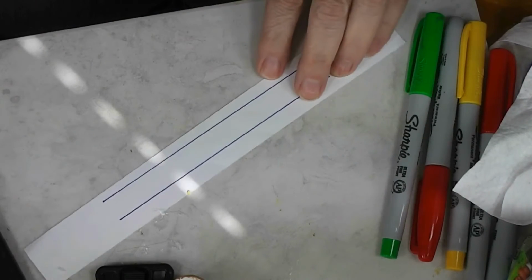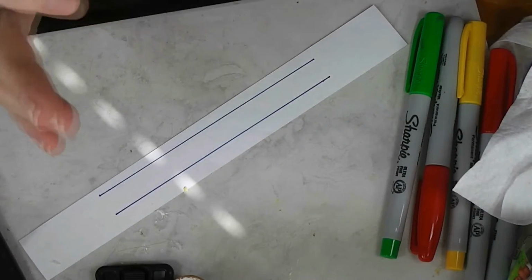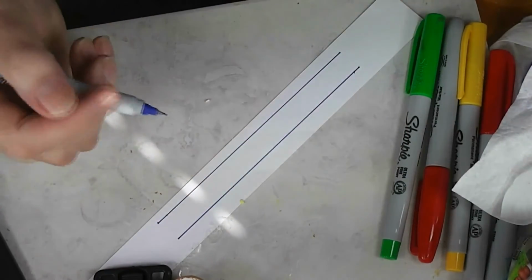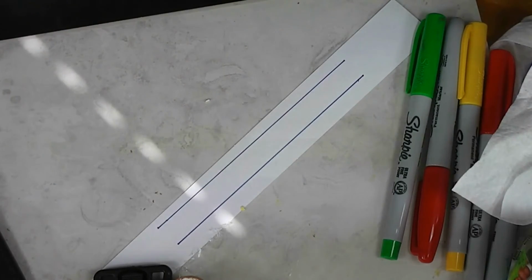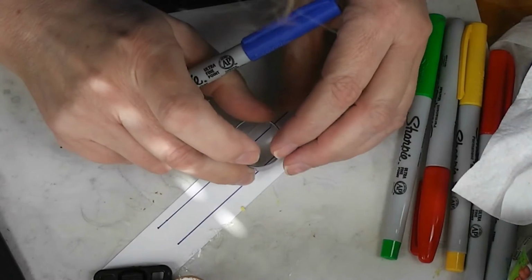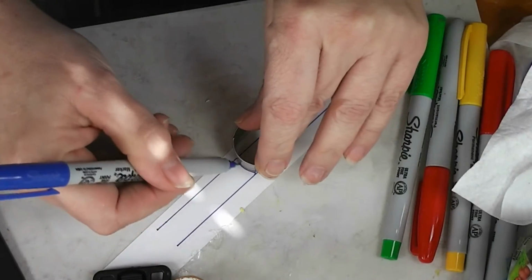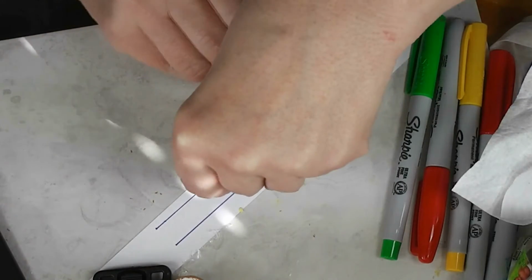So I think, and you'll have to excuse, my handwriting's not the best, and especially when I'm trying to write on camera, because it's hard. It's really hard to do that. So I want to make a round area that's going to be white. So I'm just using a clay cutter,